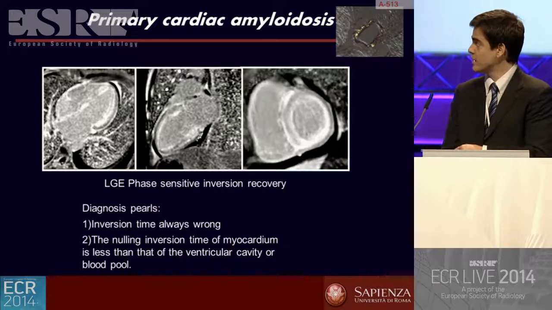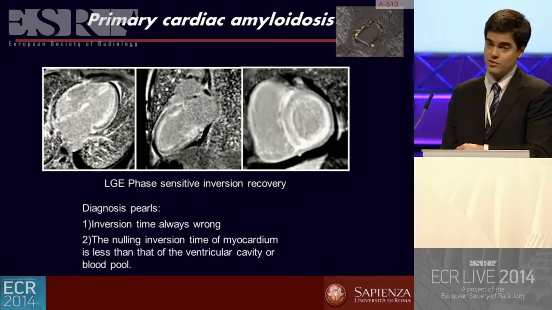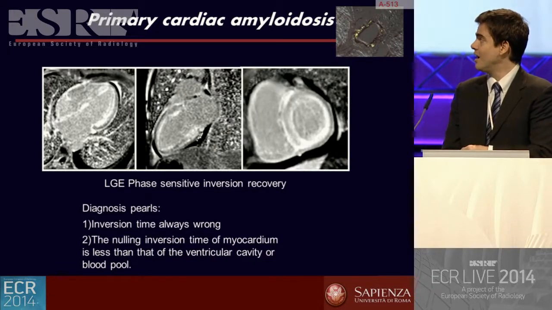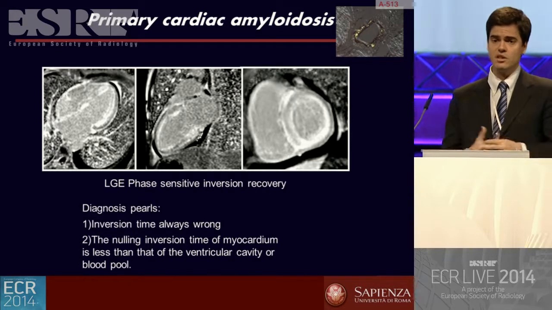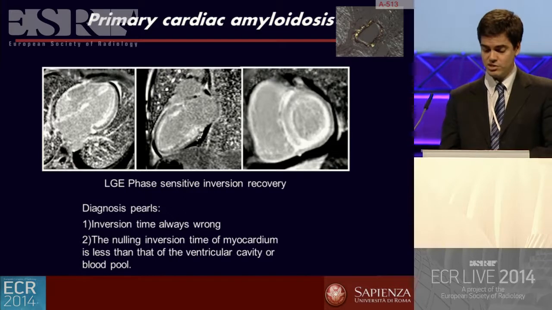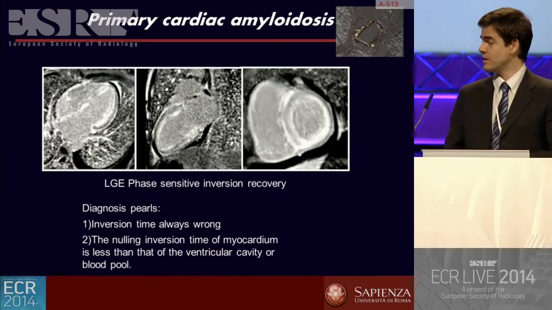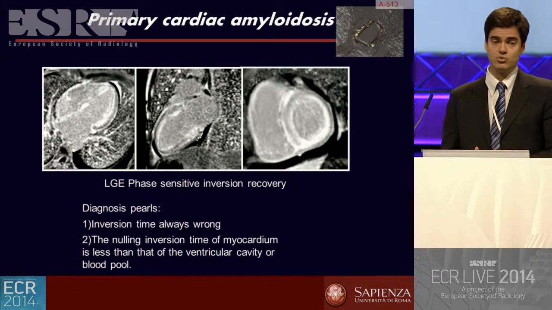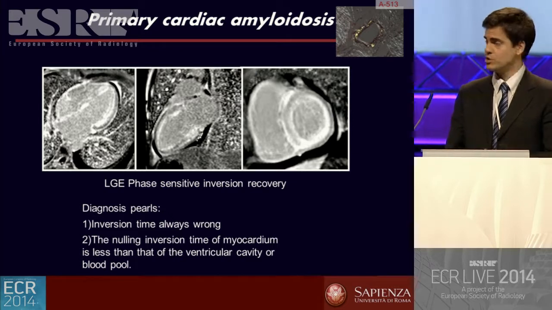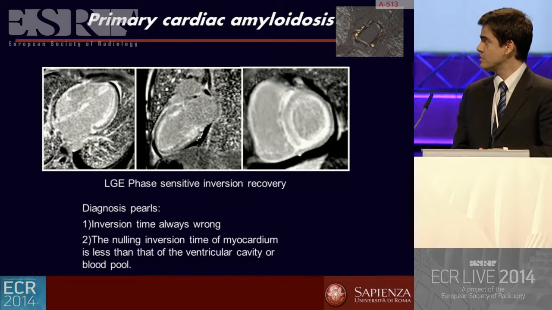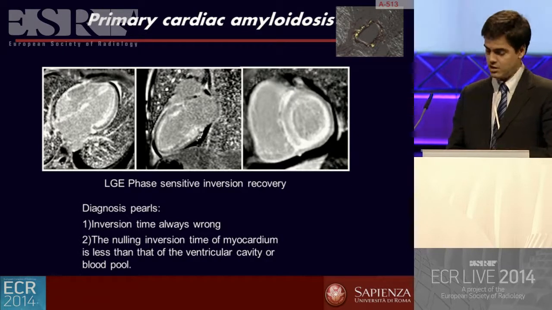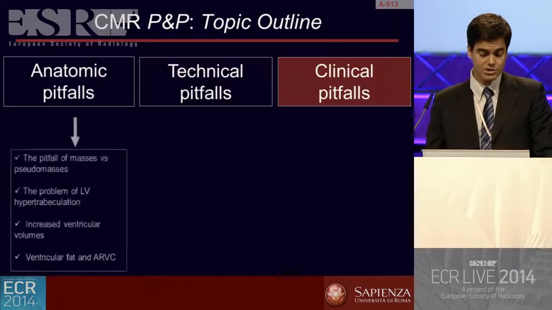And I think I have another case, or sometimes this is an even better case, probably too easy, appears like this. The myocardium is inhomogeneous. We cannot suppress homogeneously the signal. So the pearl here in cardiac amyloidosis, when you have a hypertrophic patient, you don't find an adequate inversion time. Always think about systemic or primary amyloidosis, because the nulling inversion time is less than the one of the ventricular cavity, and usually wrong. Coming to clinical pitfalls,